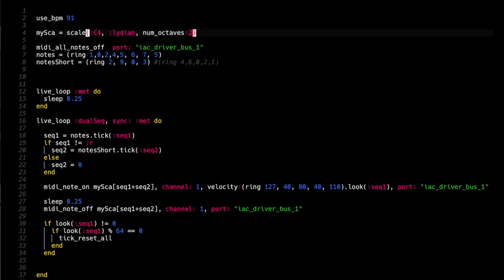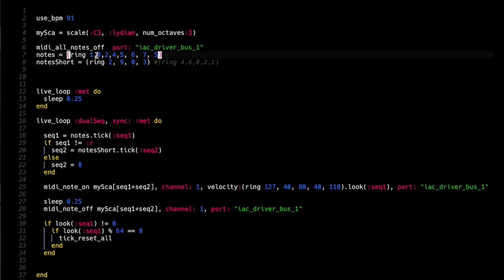We can hear the delays shifting around from one of the instruments. But of course, if we knock off one of the values in either ring,